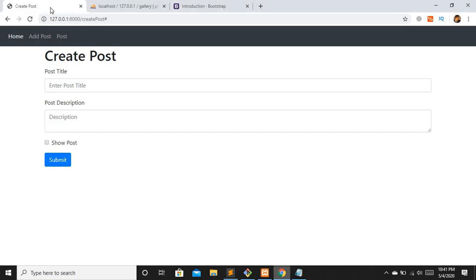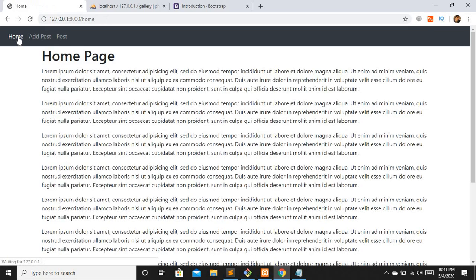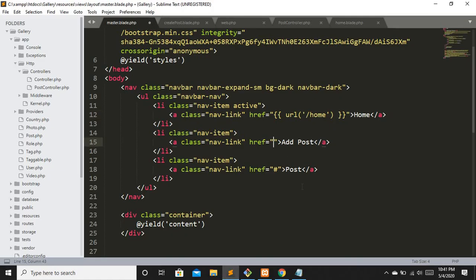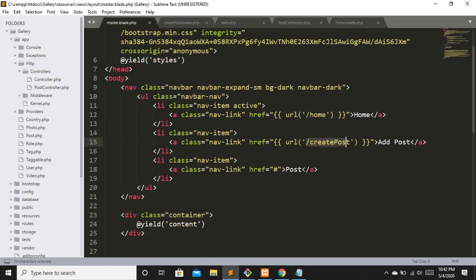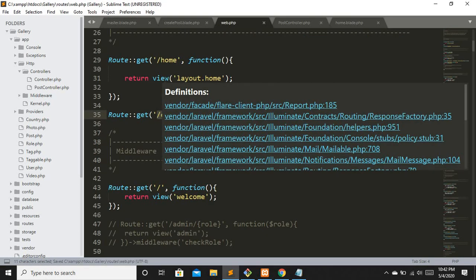That's it, simple. Just refresh. Let's see home, and we are redirected to our home page. And let's move to add post, and it is not working. So what we are going to do right now is use URL, and I want you to move to a specific route, and that is create post. Guys, these URLs that I'm passing right here, create post and home, are what I am telling Laravel: whenever a user clicks, hit the specific route that I have in my web.php. That's it, as simple as that.